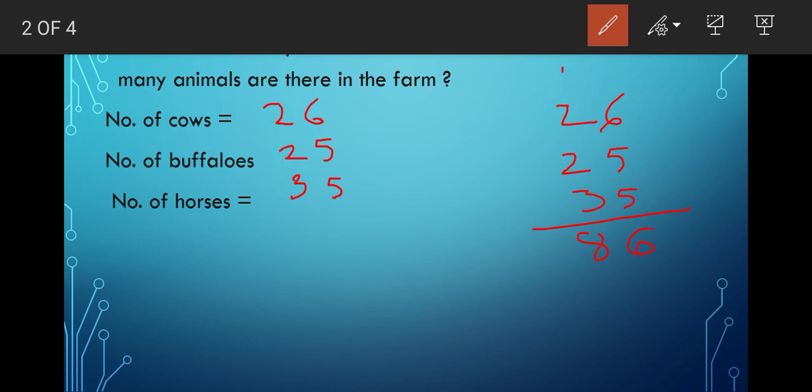So what I have left is how many animals are there in all. So what you have to write? Here you have to write like this: total, TOTAL, total animals, ANIMALS, animals in all is equal to how many, students? 87. So this much you have to write in the copy. Okay, from here to here. From here to here is the answer for this question.